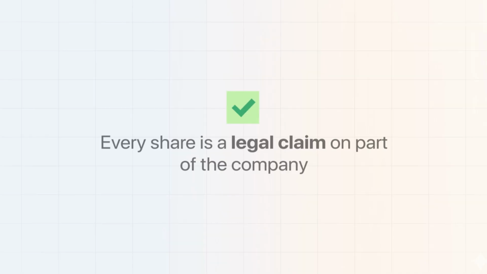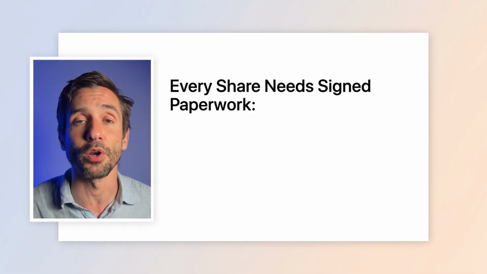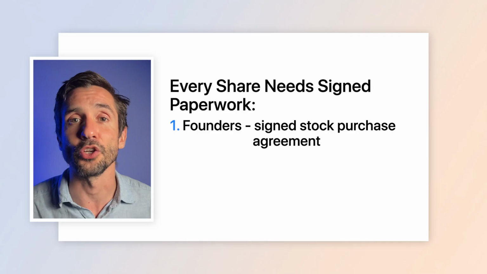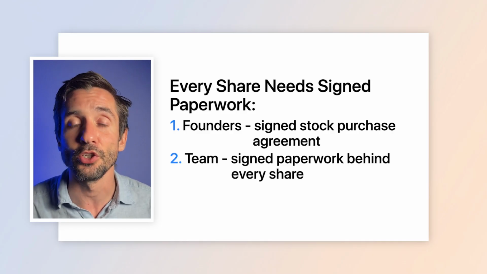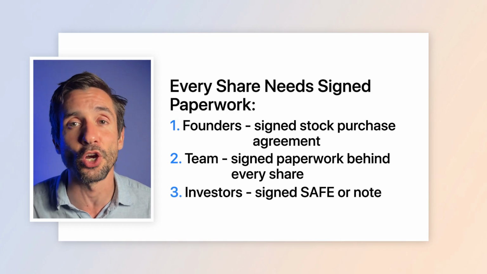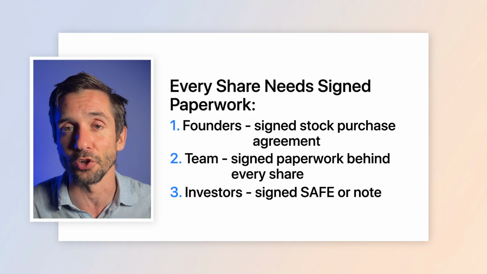This is because every share is a legal claim on part of your company, and if there's nothing signed behind it, that claim becomes a problem the moment you try to raise capital or sell. And those signed documents are one of the most common things founders skip. Every founder's shares should have a signed stock purchase agreement, every share you give your team should have signed paperwork behind it, and every investor's SAFE or note should be signed and saved somewhere safe, like your data room or